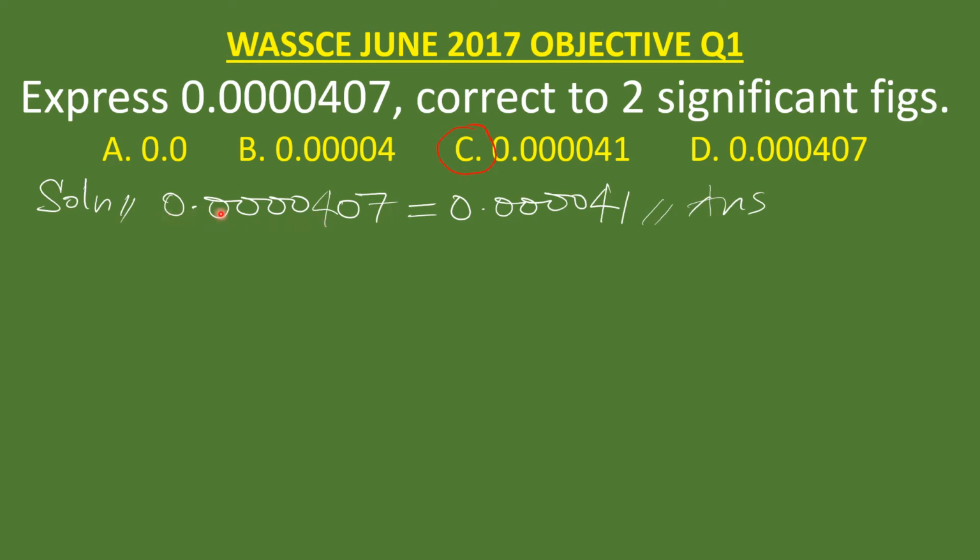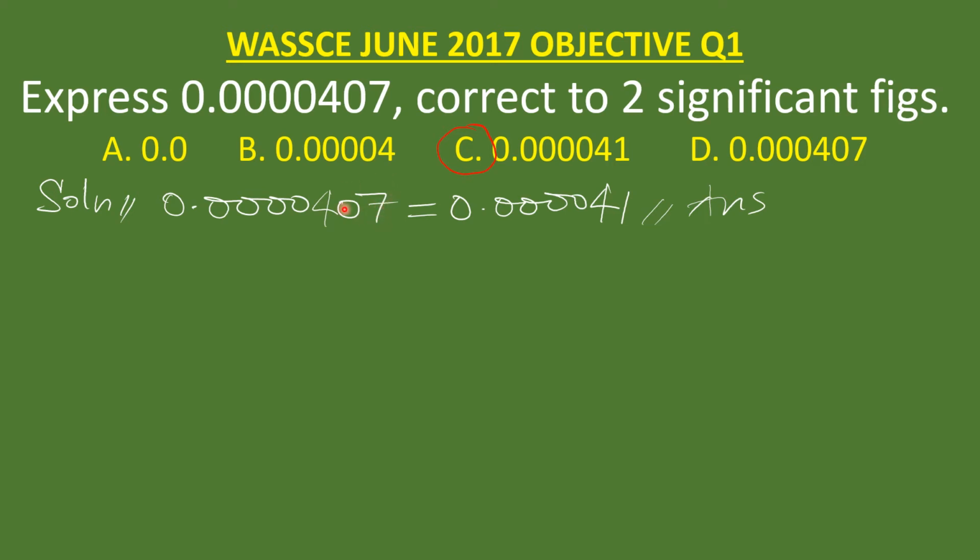So all these zeros before this 4, they are not significant. So the first significant figure here is 4. The second is 0. The third is 7. Now, from our video on significant figures, we have been told that whenever you have a 0 in between non-zeros, that 0 is significant. So based on this, because the number after the 0 is greater than 5, which is this 7, we